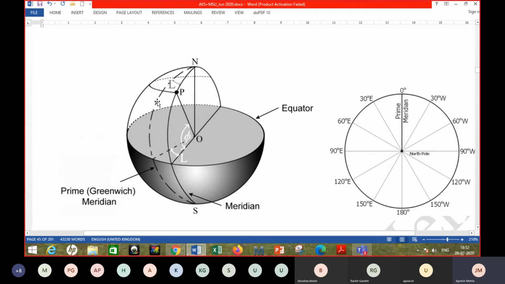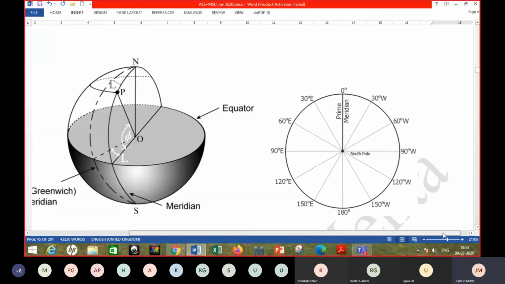So you need to know the latitude of the place to know many things about the solar radiation availability. The other concept is longitude, right? It is shown in degrees, and it varies from 180 east to 180 west, right? So that makes it a 360-degree division, and the Earth rotates about its axis, as it is shown on this right hand side diagram.